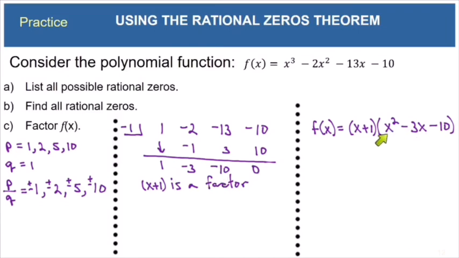Now, the factor that we got from the quotient here, you can see is quadratic. In other words, it's small enough in degree that we can factor it ourselves. We don't need the trial and error process of the synthetic division anymore. So now I'm going to factor this trinomial into two linear binomials. So I'm going to have x plus 1, and then I'm going to factor this trinomial into x times x.